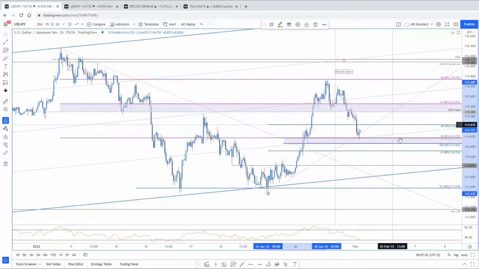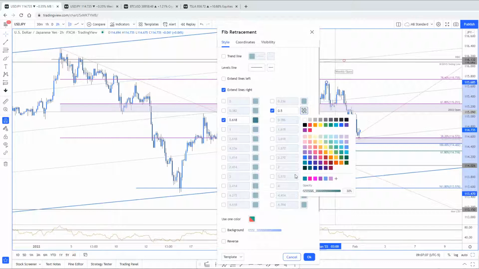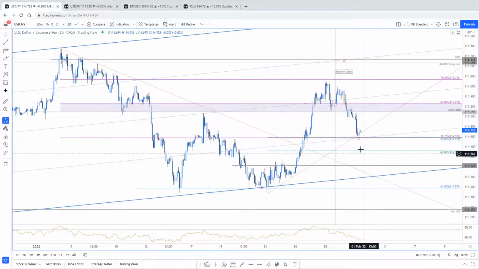One other thing I wanted to highlight is, first of all, the 50 is right there in the midst of the support zone we're looking at right now. The 618 is 114.63. So let's do this. Forget this 100% extension. That's major support. Sort of your washout: anything sub 1430 and you're done. That's the abomination. Not the most convincing, but we'll check to see what happens at this pivot zone right here at 1450 into the open of US trade today.